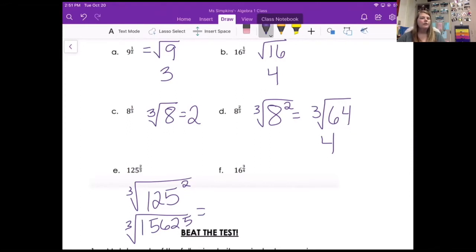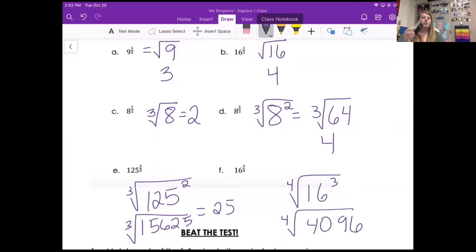Yes, that's right. It is 25. Okay, let's try this last one together and then I'll have y'all do a couple on your own. So we have 16 to the 3/4 power. So we want to rewrite that as 16 and then the 4th root, and then the 16 is to the 3rd, which is